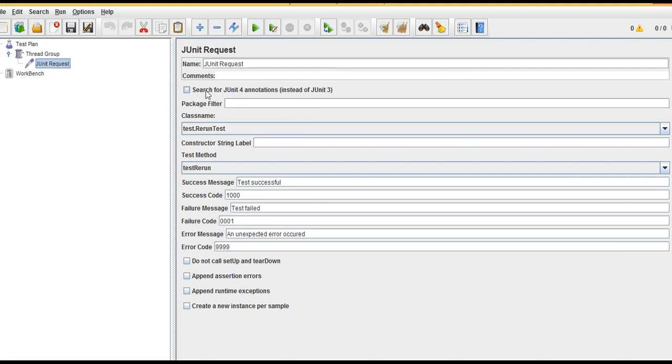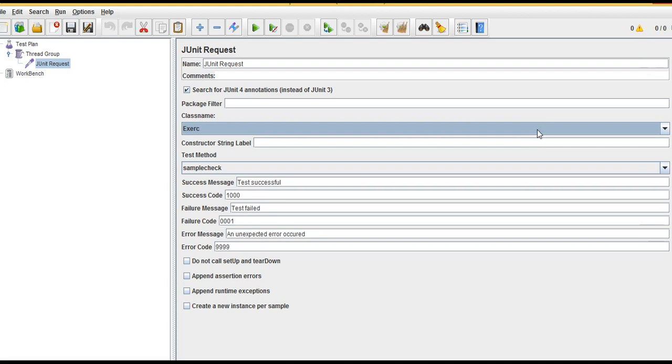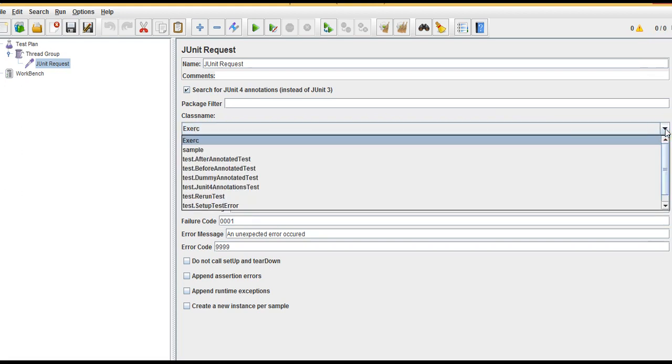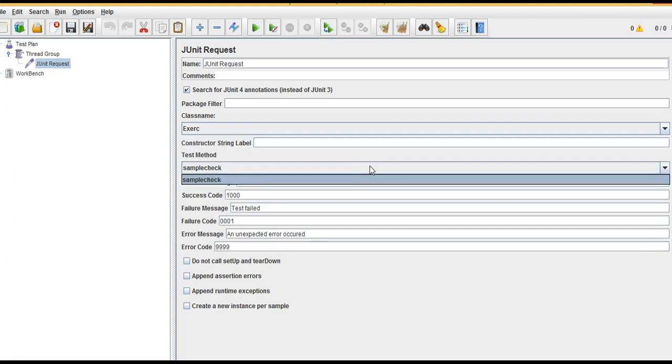this checkbox, because we are working with JUnit 4 annotations instead of JUnit 3. So select this checkbox, then automatically you will have class name and test method here. Open the class name and select the test method.